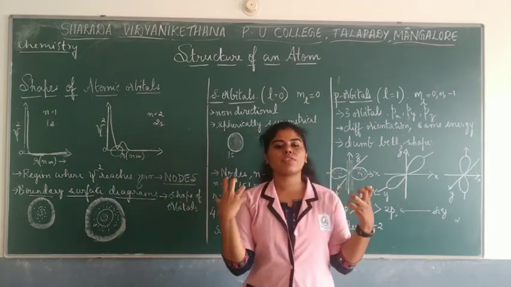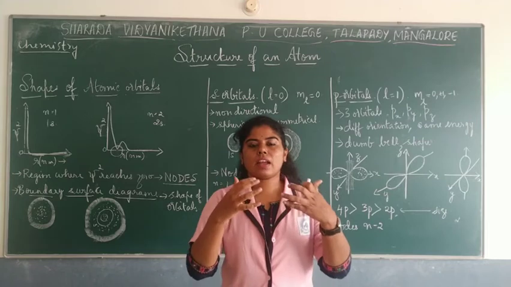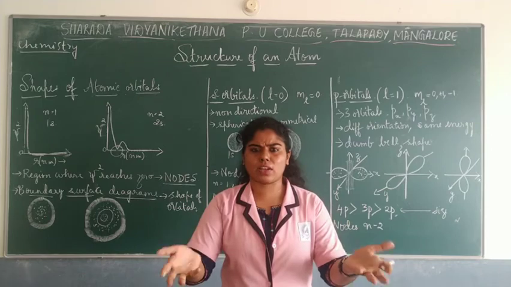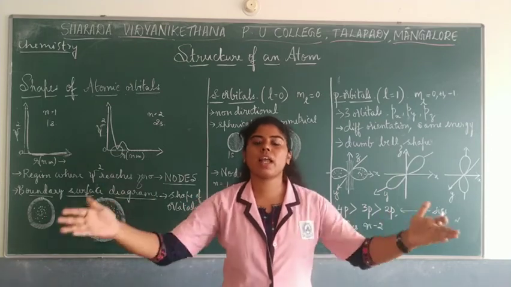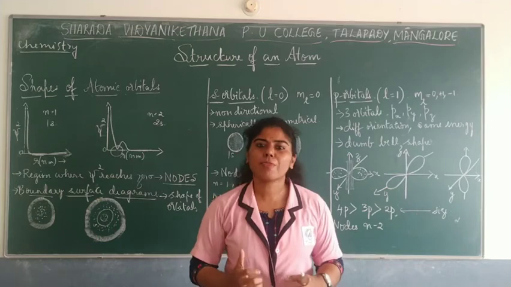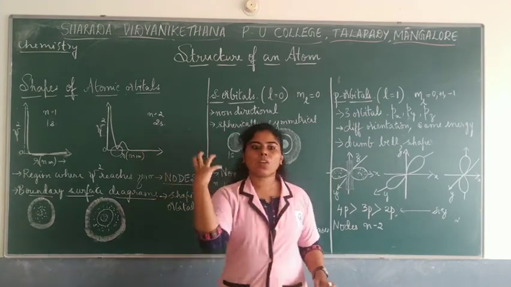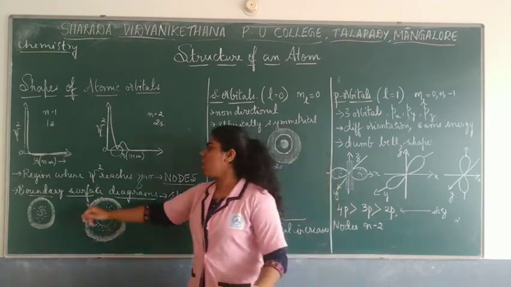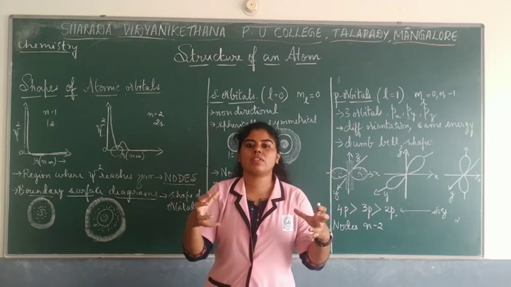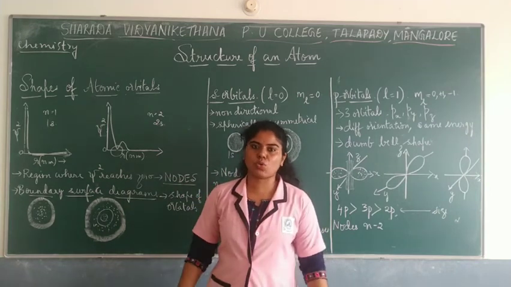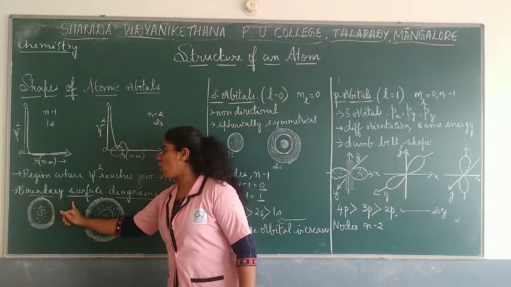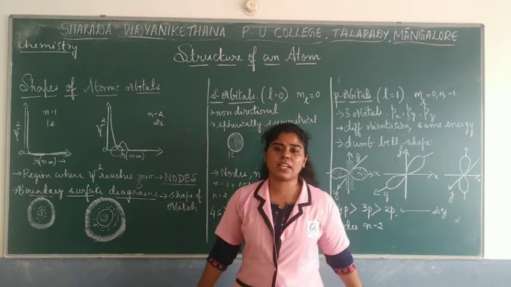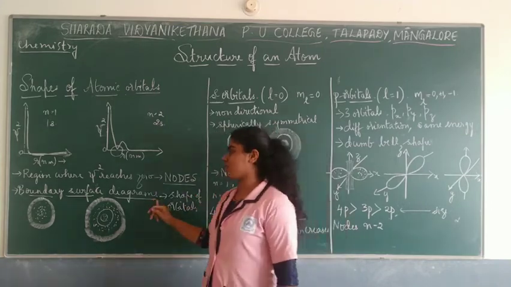Now we have to start visualizing. Okay, then there must be one shell which is 1s, and then there is no probability of finding electrons. That surface must be a plane, and then again when you go to 2s, there is again probability of finding an electron. That's what the graph says. But in order to visualize the shape of these orbitals, we draw a diagram where electron density is shown. Okay, those diagrams are called boundary surface diagrams, or we say charge density diagrams, electron density diagrams.